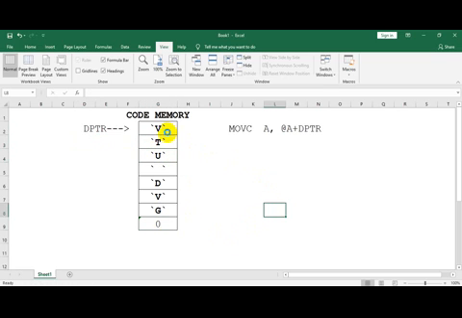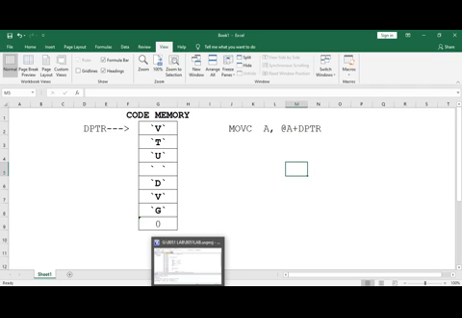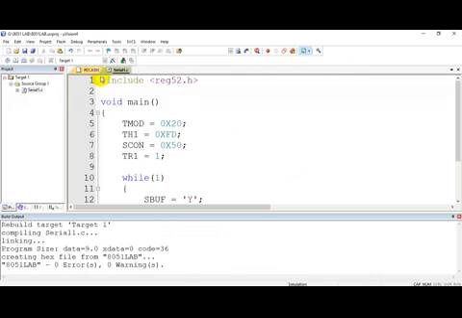In order to read this character, we have the instruction MOVC A, @A+DPTR. With this we will read character by character, then transmit. The accumulator we will always clear so that we read the character. We shall write the program for the same in assembly.